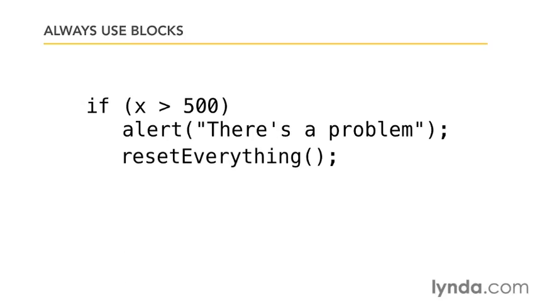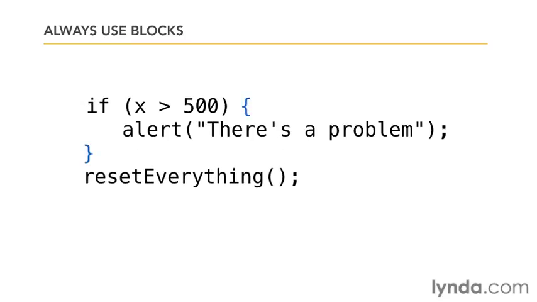And when you read this code, what you think you're getting is this kind of block, where if x is more than 500, we're going to execute these two lines. But if we left the braces off, what we're actually getting is this. If the condition is true, we will pop up the alert, and we will always then go ahead and reset everything. And these kind of bugs can be a real pain to recognize, so always use the curly braces